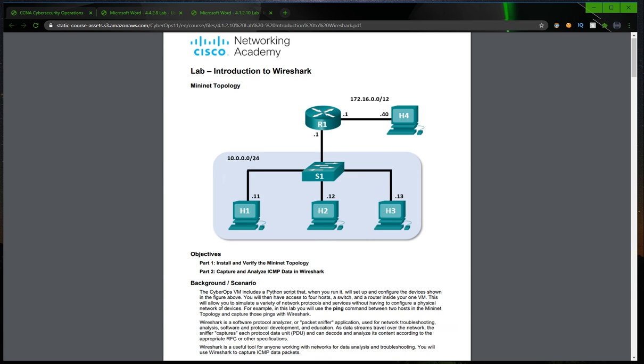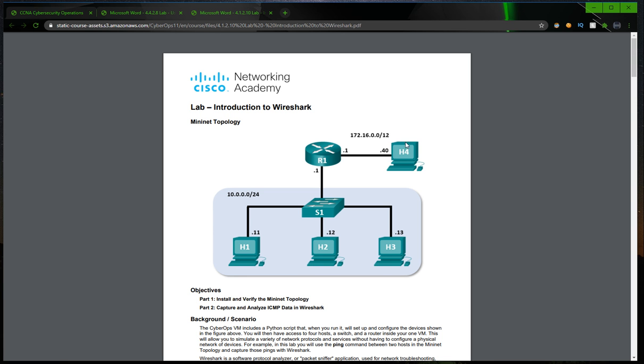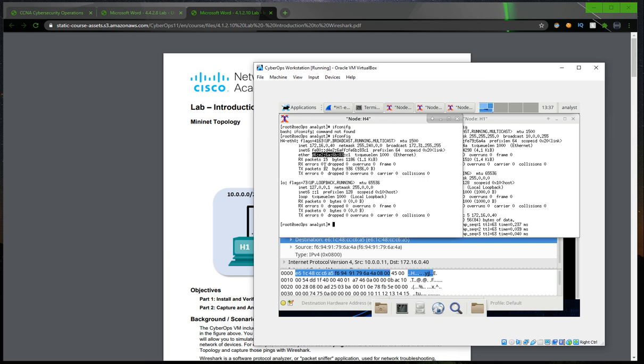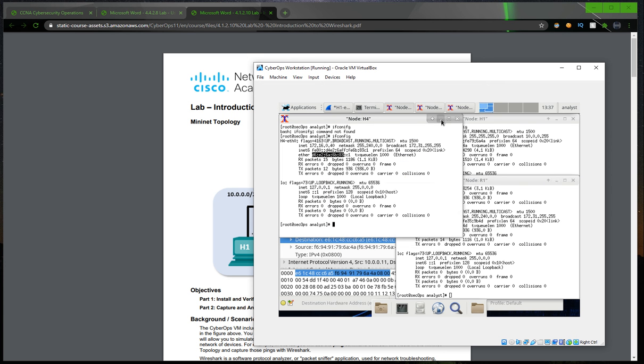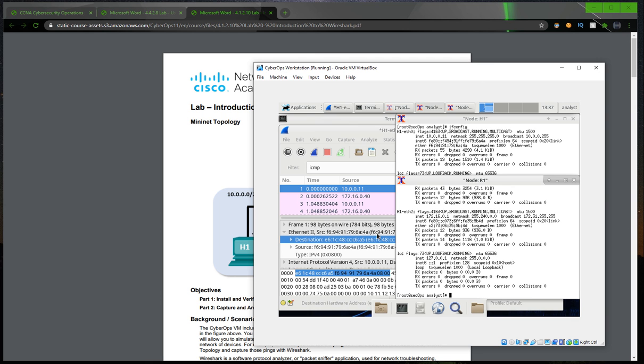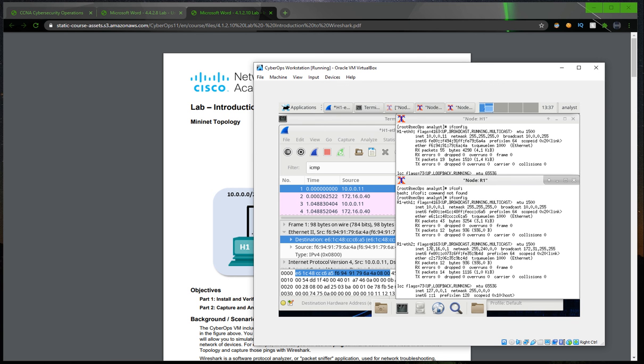When we see here, host 4 is on another network, and when hosts are on another network, then we get the MAC address of the router. So now let's check the MAC address of the router. When we compare the destination MAC address with the MAC address of our router, which is here E6:1C:48, it is the same as the destination MAC address.